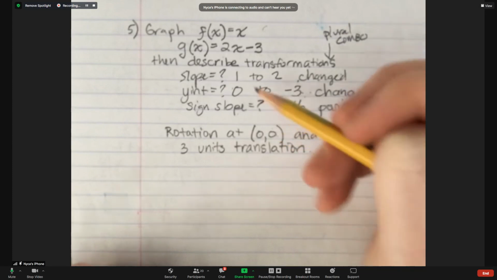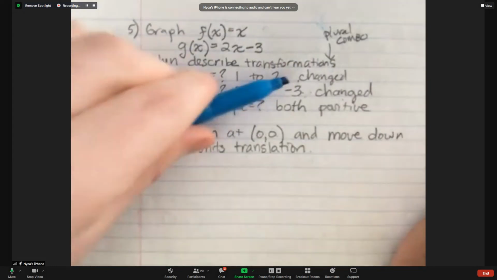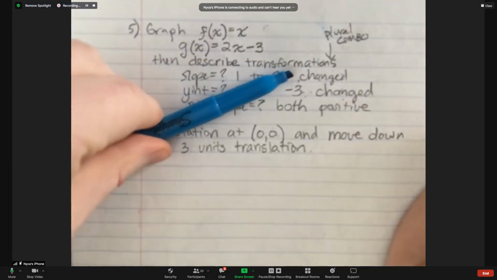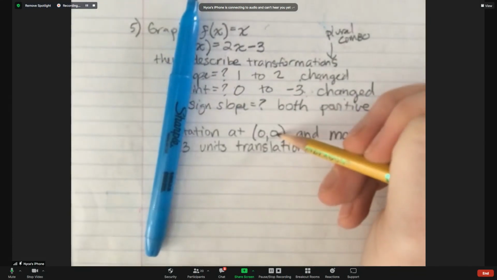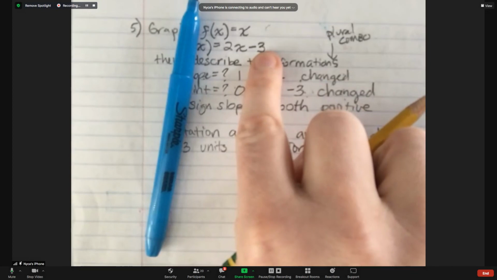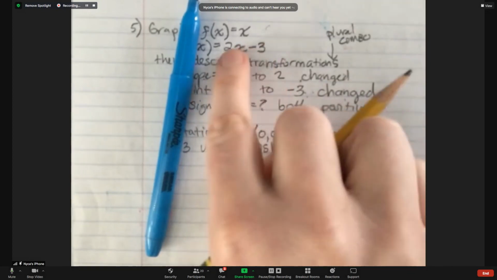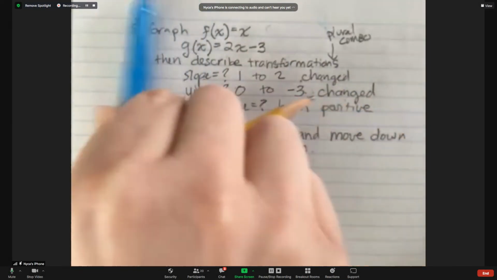So in order to change the slope, we had to rotate at 0, 0. So first, what I did was I took this line and I rotated it. So that's why the B stayed the same. But then all of a sudden, the B's changed. So you go in order of the equation. So right here, all right, we rotated. Now we go from 0 to negative 3. That means we